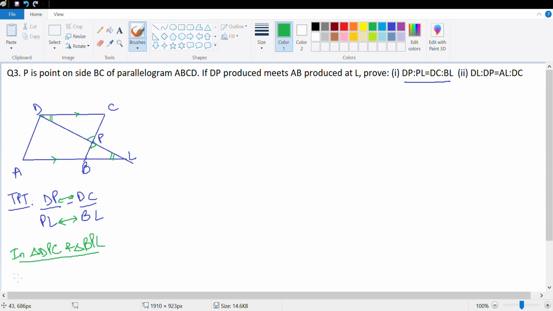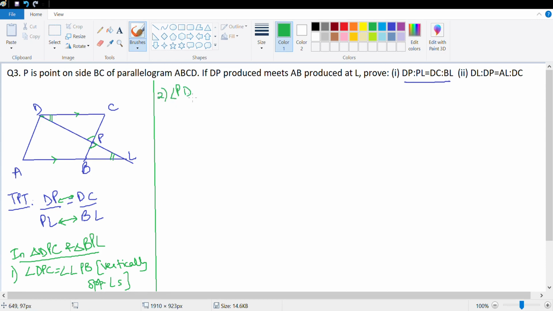So let's look at this. Number one, angle DPC is equal to angle LPB. Reason is vertically opposite angles. Done. Let's look at the second one. The second one would be angle PDC is equal to angle PLB. Reason is alternate angles. So number 3 would be triangle DPC is similar to triangle